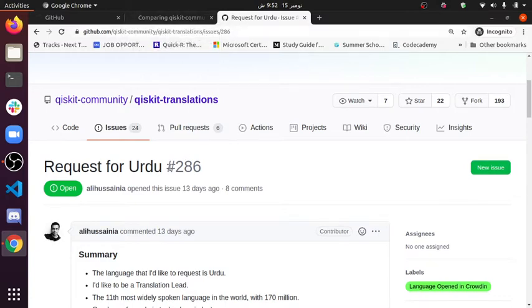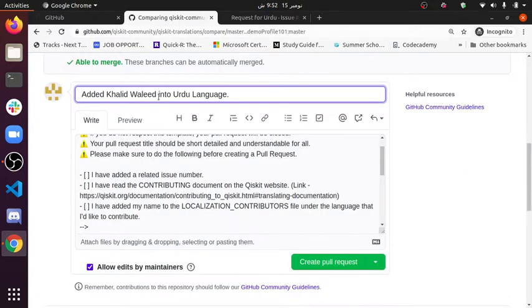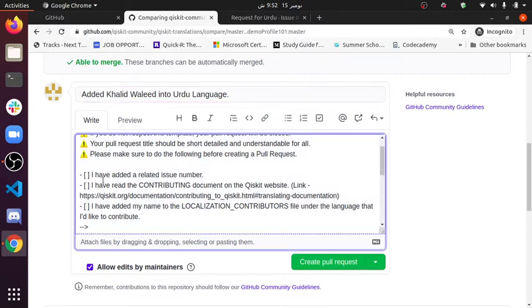Since we have found our issue number, we can go back to this tab where we are trying to create a pull request. I have added a related issue number, and what this addition means we will see later.